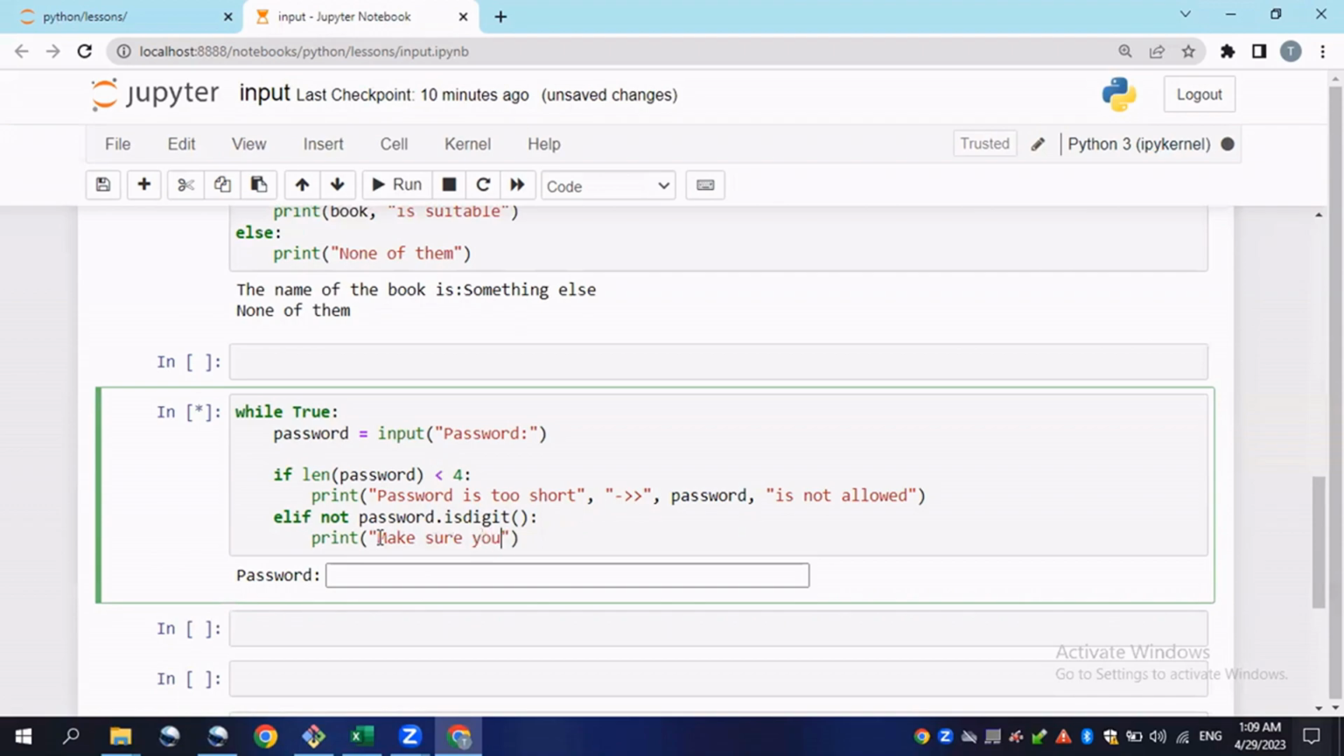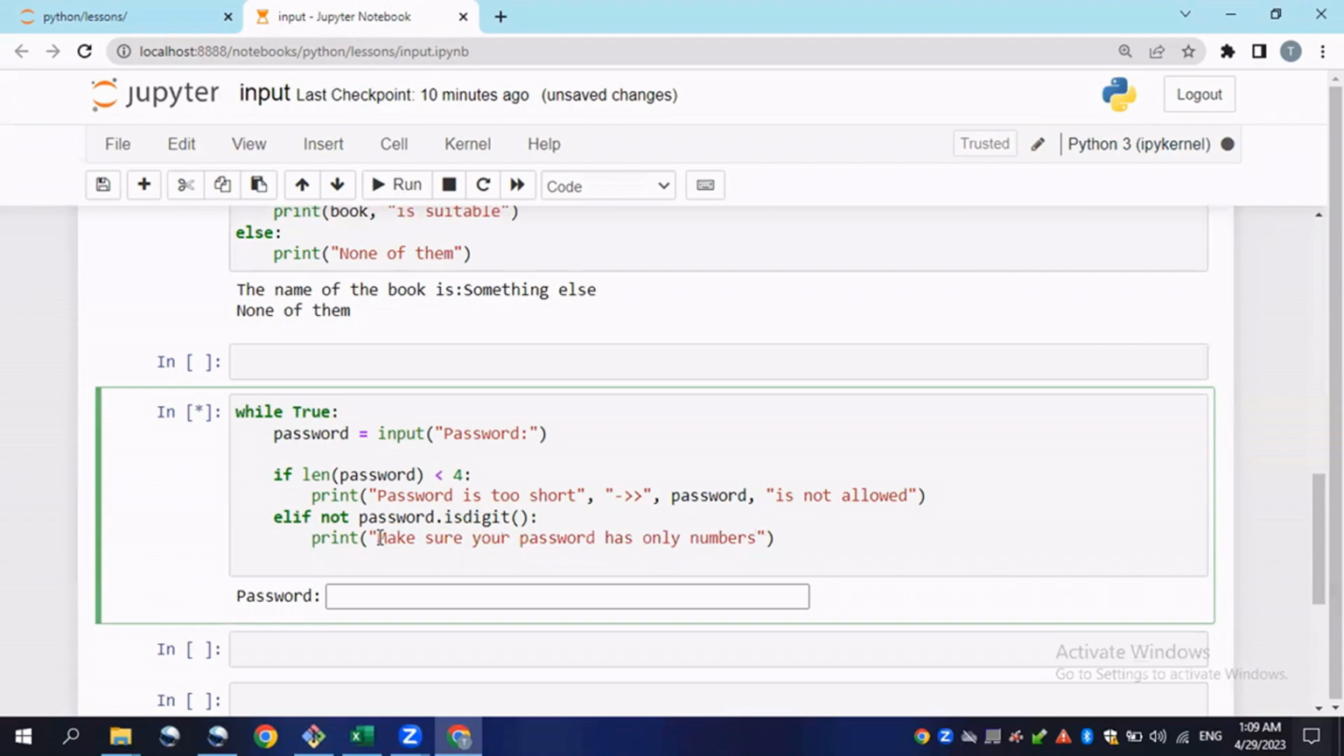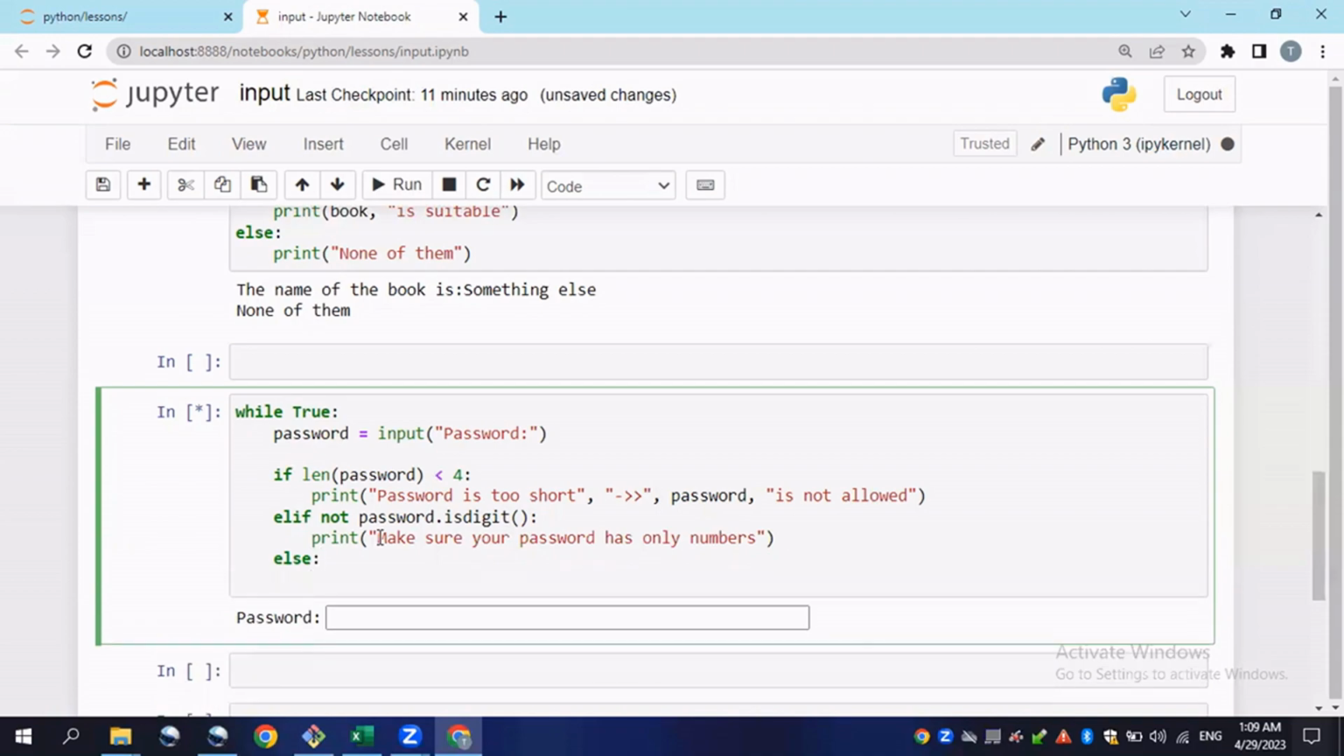your password has only numbers." Then I will give another condition, else, otherwise